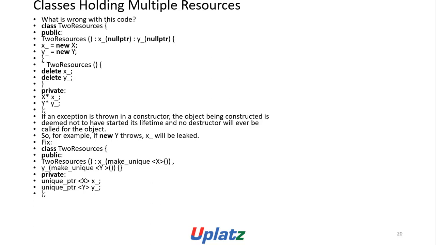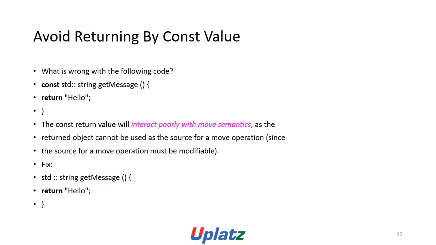Fix: class TwoResources { public: TwoResources() : x_(std::make_unique<X>()), y_(std::make_unique<Y>()) {} private: std::unique_ptr<X> x_; std::unique_ptr<Y> y_; };